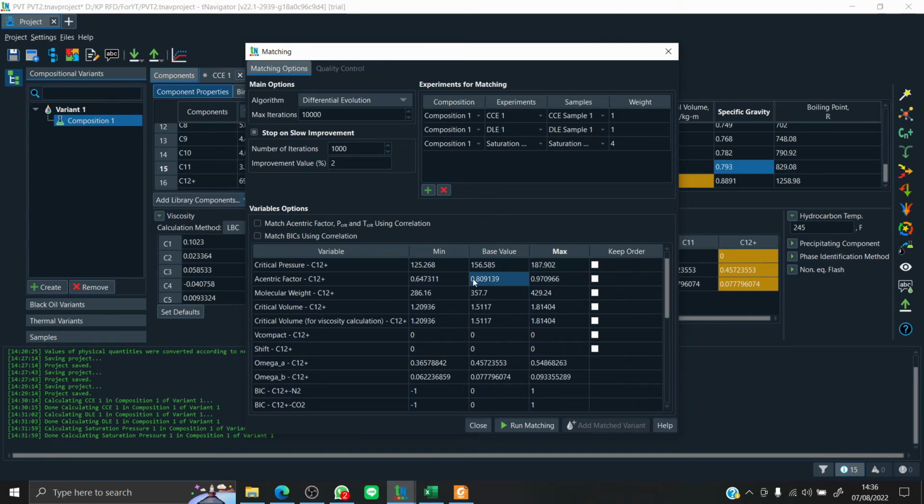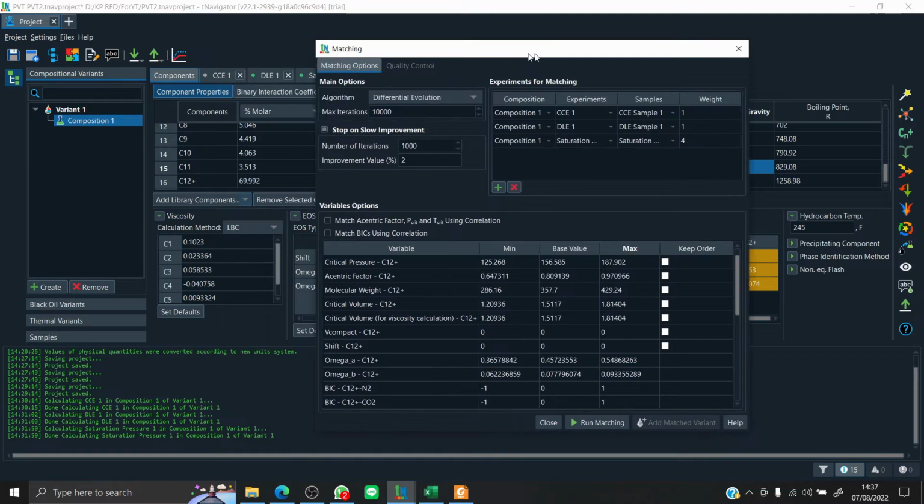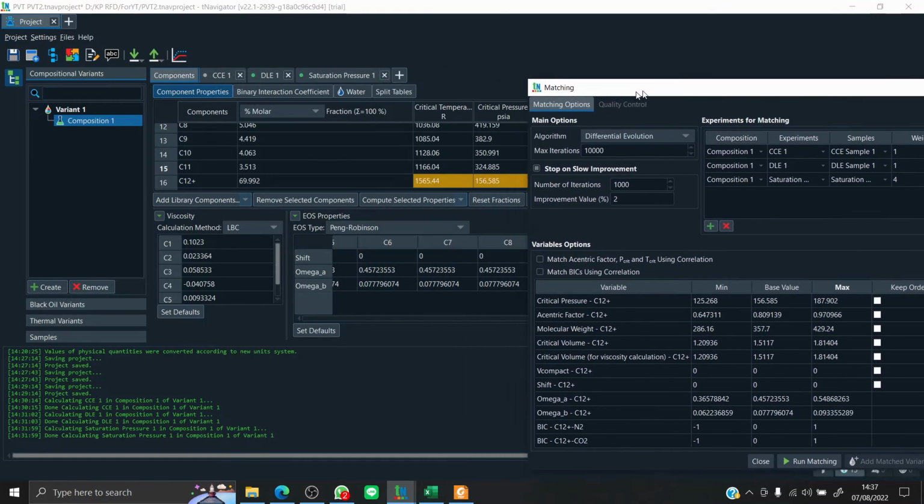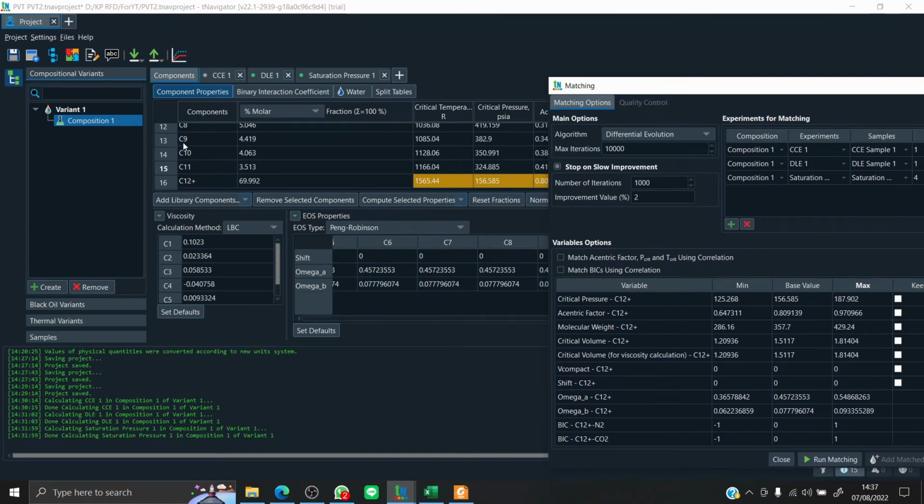So this skip order tab is used for setting the limits of the parameters if we have 2 components in order. For example, C8 and C9, as we can see here, C9 and C10 and C11. Critical temperatures are generally increasing.